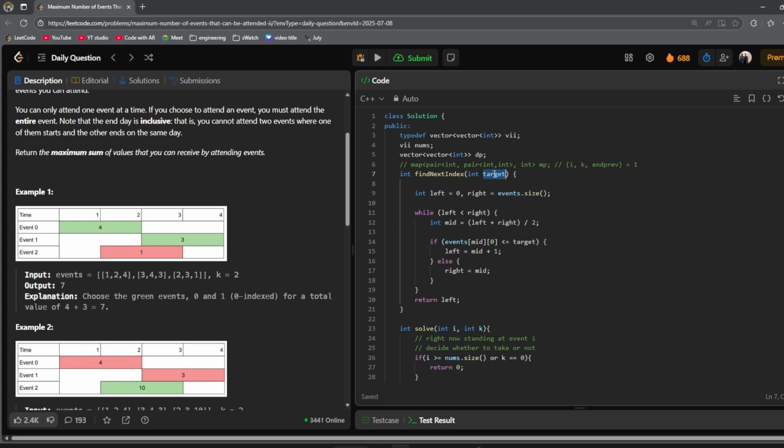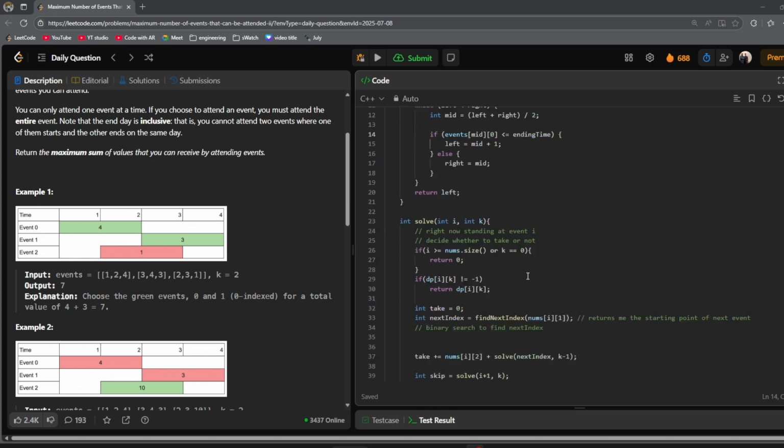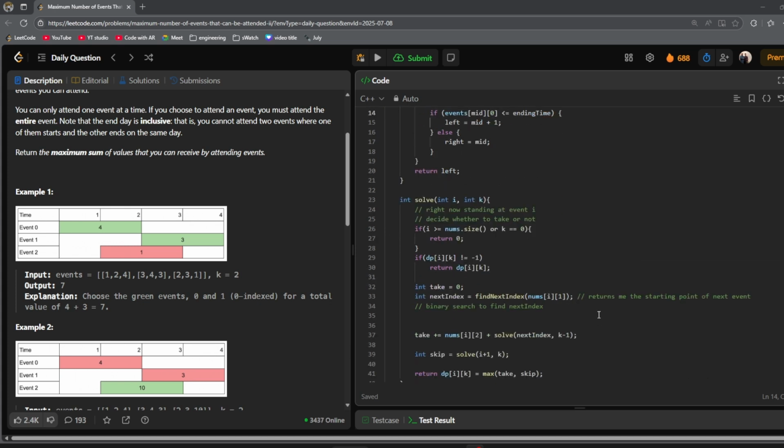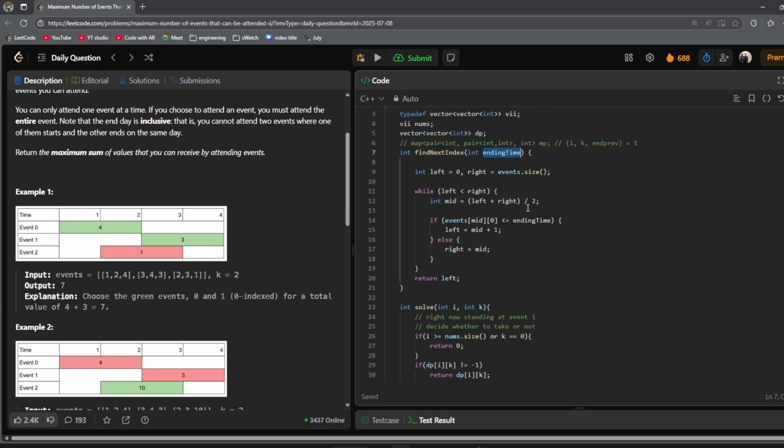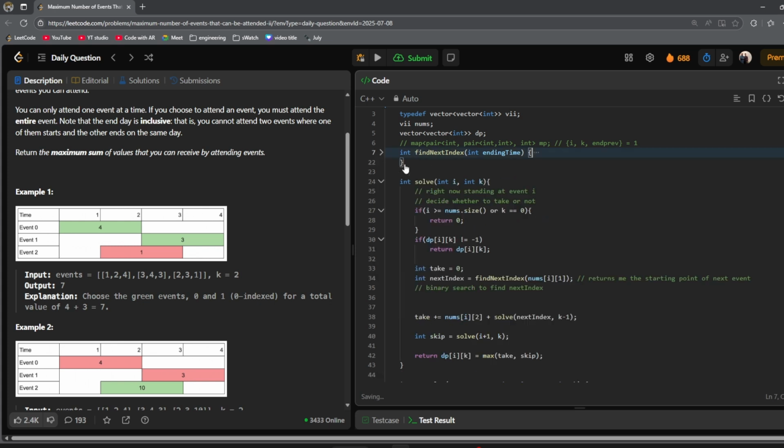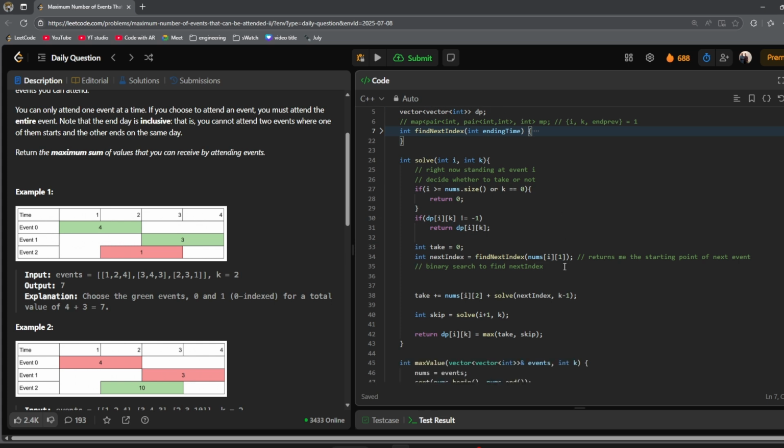Let's actually, rather than saying target, say ending time. Ending time of which event? The current event or the previous event? Ending time of the current event. Why? Because we are trying to find out the starting point of the next one. So this ending time is the ending time of the current event, and ultimately it's going to return you the index of whatever the next event is. So what we have done is just replaced a linear search with a binary search, right? Now if we submit this code,